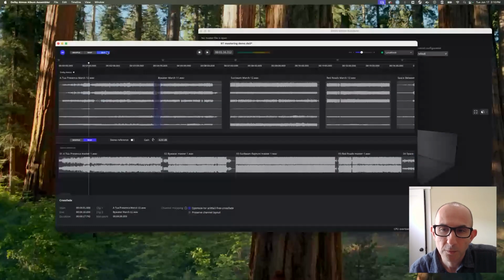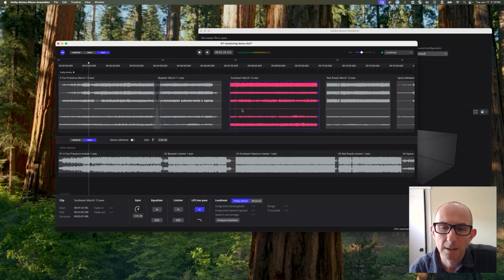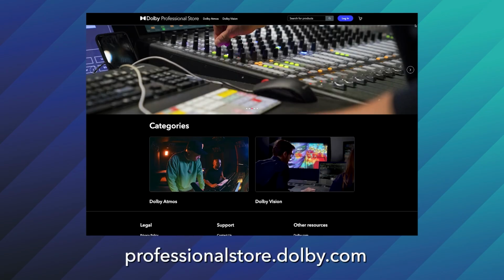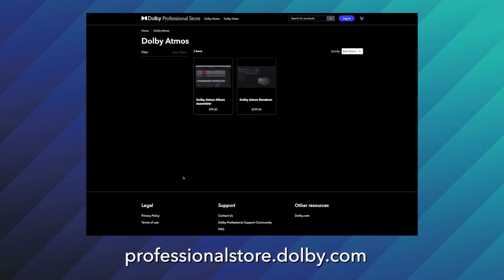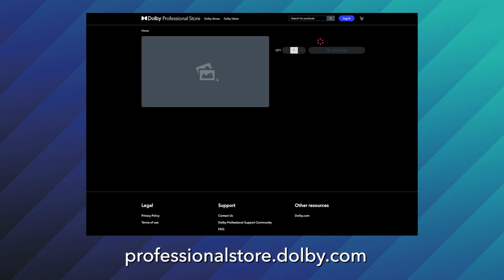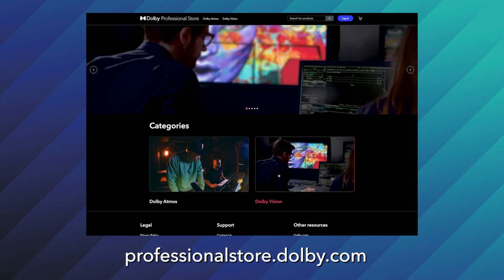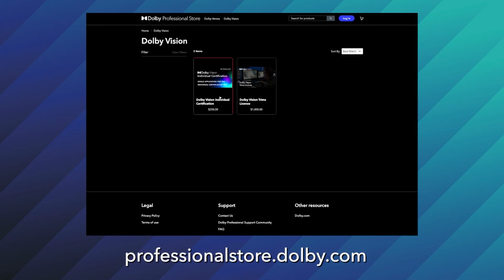Before we jump into that, some exciting news to share on the Atmos toolset. If you caught last month's session, Dolby's Jordan Glasgow shared a sneak peek of the Dolby Atmos Album Assembler version 2.0, and that is now publicly available in the all-new Dolby Professional Store, which is at professionalstore.dolby.com. That's right, the all-new Dolby Professional Store is where you can get the Dolby Atmos and Dolby Vision creation tools directly from Dolby. So tools such as the Dolby Atmos Render and the Dolby Atmos Album Assembler, and for Vision, Dolby Vision single certifications and Dolby Vision trim licenses. Again, that's at Dolby Professional Store,